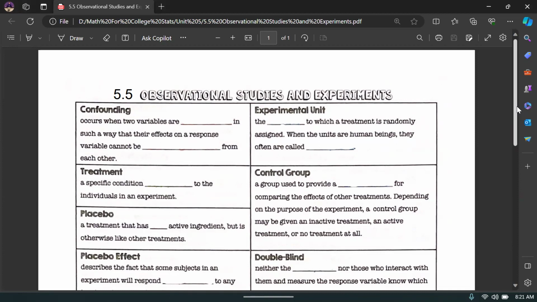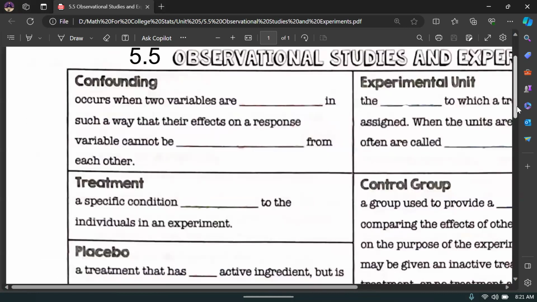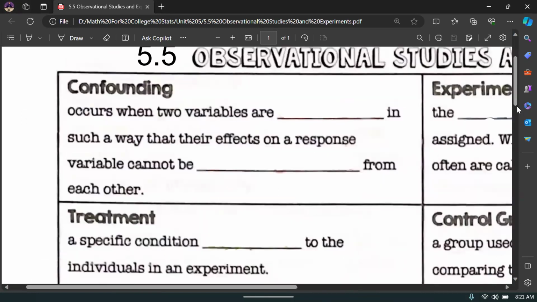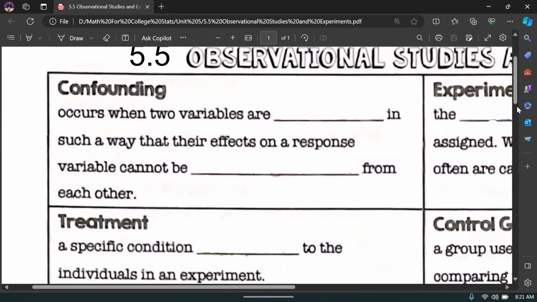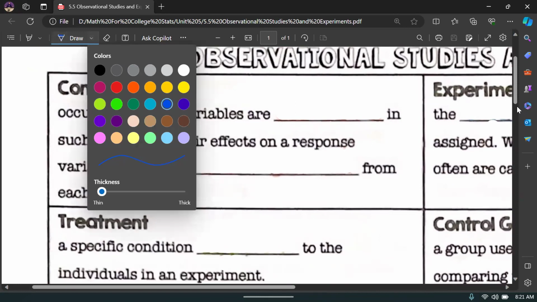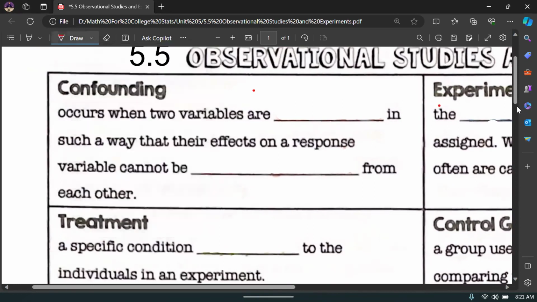Let's start with confounding. Confounding occurs when two variables are associated in such a way that their effects on a response variable cannot be distinguished from each other. So it occurs when two variables are associated in such a way that their effects on a response variable cannot be distinguished